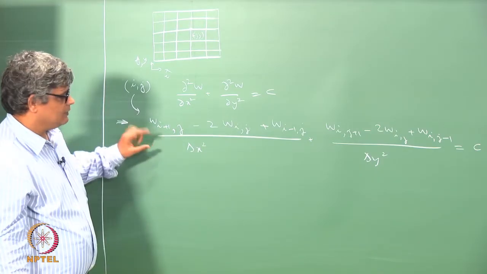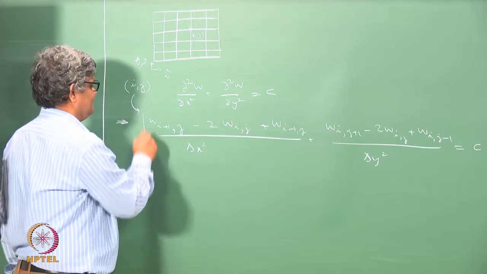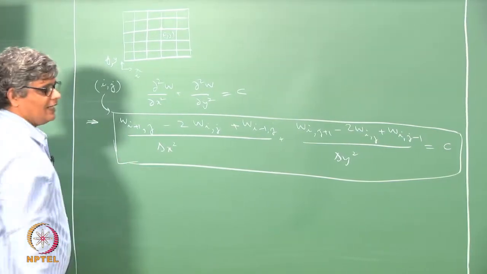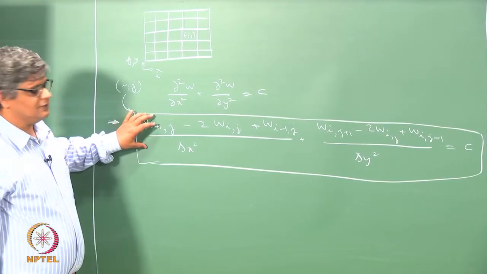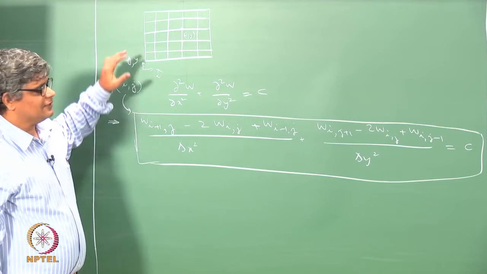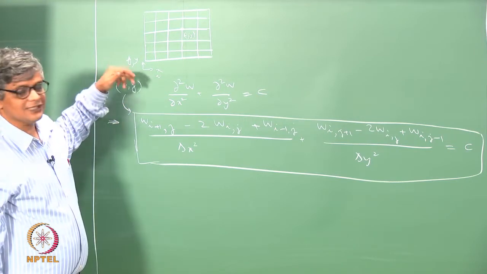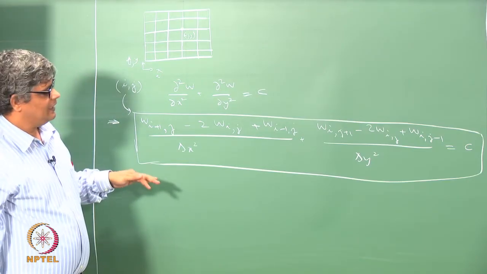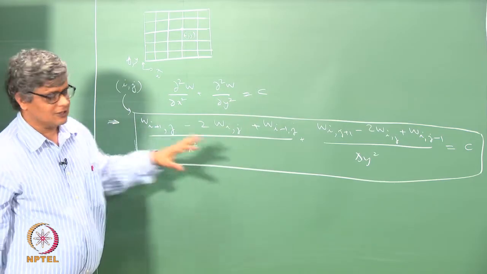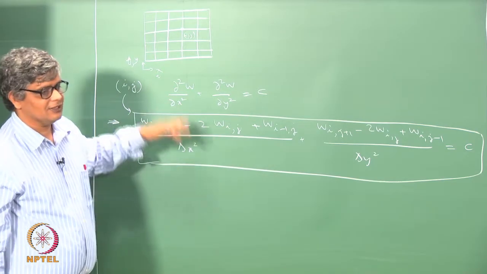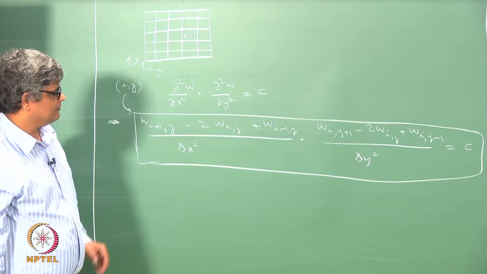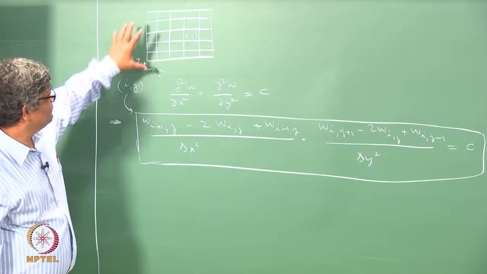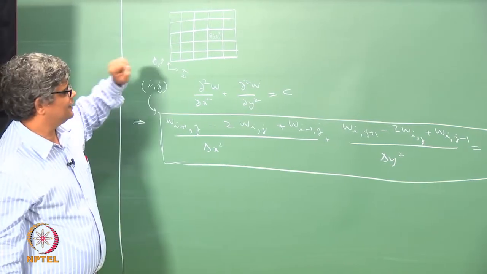So, we take this as the template and write down similar equations for all the points that we do not know, all the points at which we would like to know the velocity, so that we will have a system of equations in which all the velocity variables are unknown, and then we solve them simultaneously. So this is what we are going to look at in today's lecture, with the specific example of this